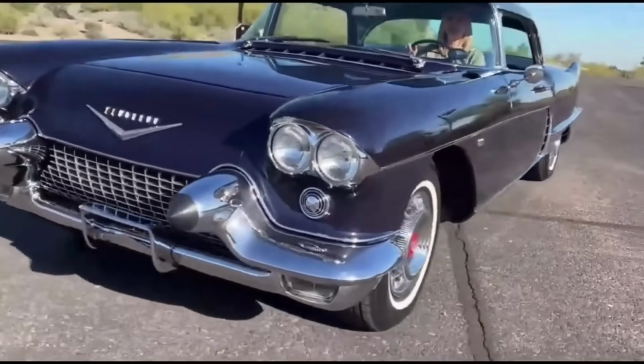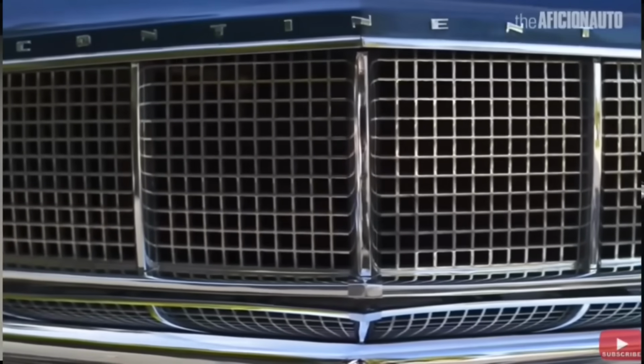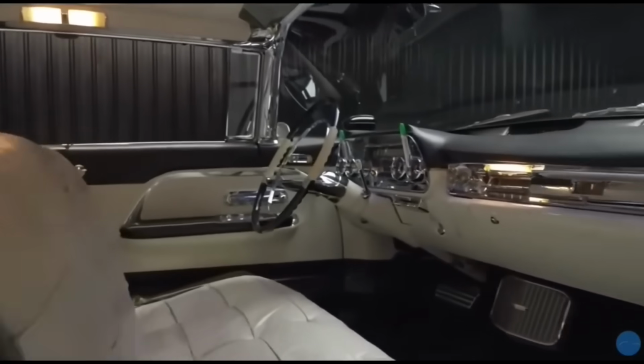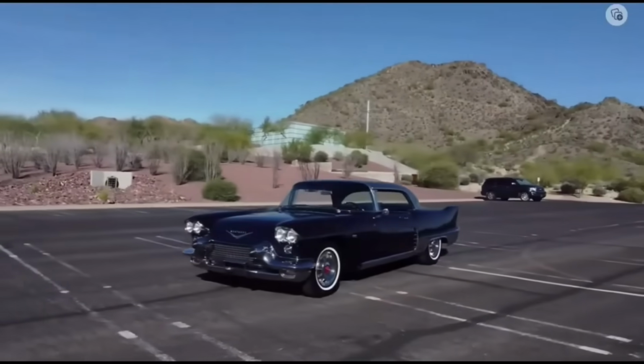Cadillac also built these for model year 1958. It's fairly obvious these cars are Cadillac's response to the Ford Motor Company's Continental Mark II. Yes, a Ford that I actually like. Whereas the Continental Mark II was a coupe only, the El Dorado Brougham looked like a coupe, but it was actually a 4-door hardtop. To keep the handsome coupe dimensions and profile, if not appearance, of the 2-door El Dorado,